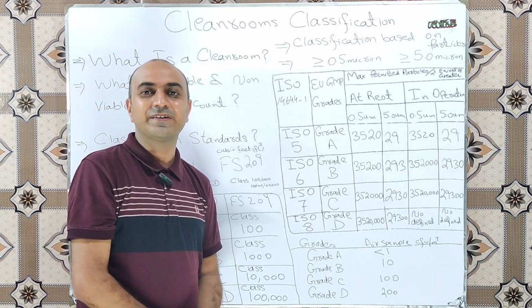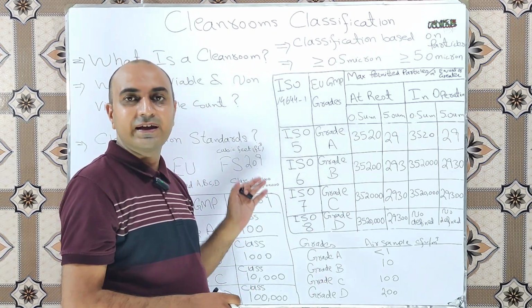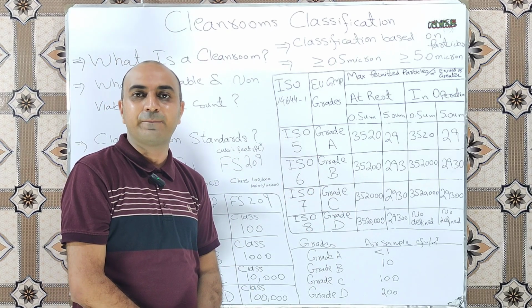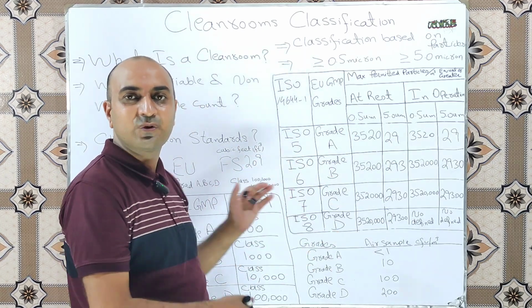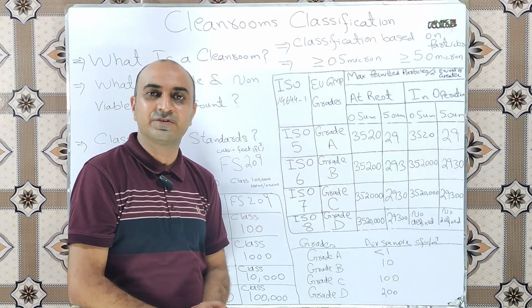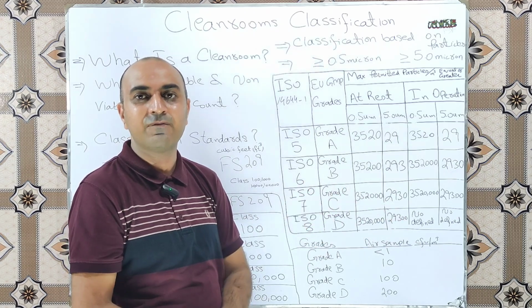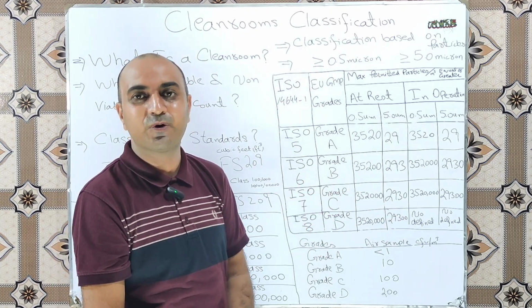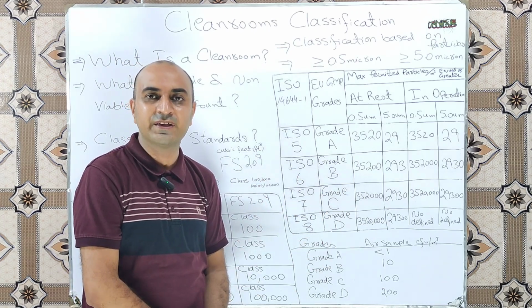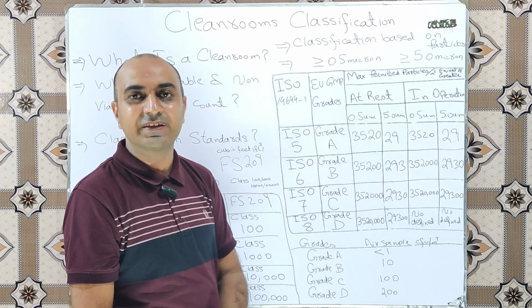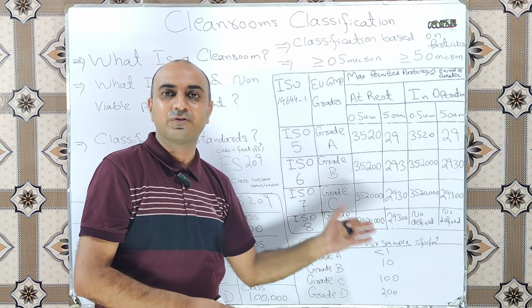Which manufacturing activities are carried out in ISO class 5, 6, 7, 8 or grade A, B, C, D? Critical activities like filling and sealing of ampoules and vials are carried out in grade A or ISO class 5, and ISO class 5 is the cleanest area of pharmaceutical industries. ISO class 6 or grade B is the background area of ISO class 5 or grade A. Manufacturing of sterile products which require terminal sterilization is done in ISO class 7 or grade C, and in grade D or ISO class 8 we carry out manufacturing of non-sterile products like tablets or capsules.